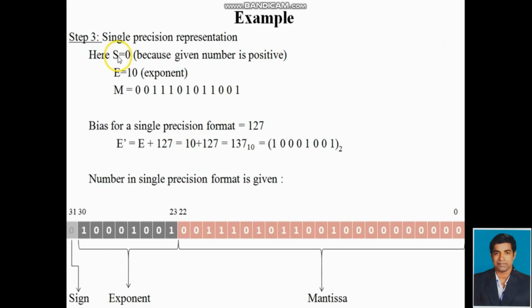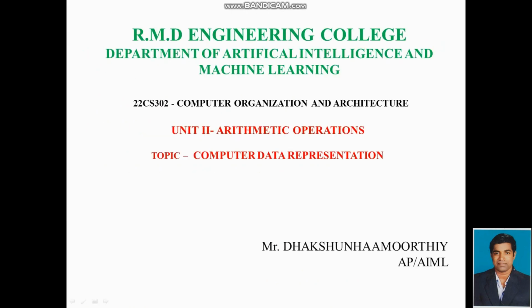Here S is equal to 0 because the given number is positive, E is the exponent, M is the mantissa. The bias for the single precision format is 127, E dash equals E plus 127. Here the exponent value is 10, plus 127 is 137, whose binary equivalent value is 10001001 base 2. The number in single precision format